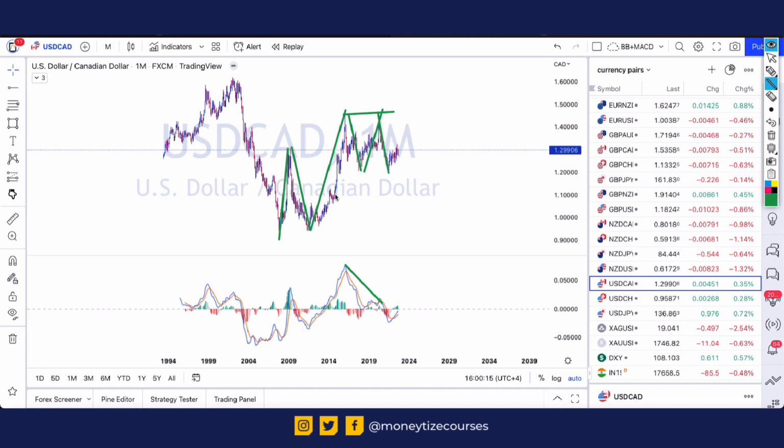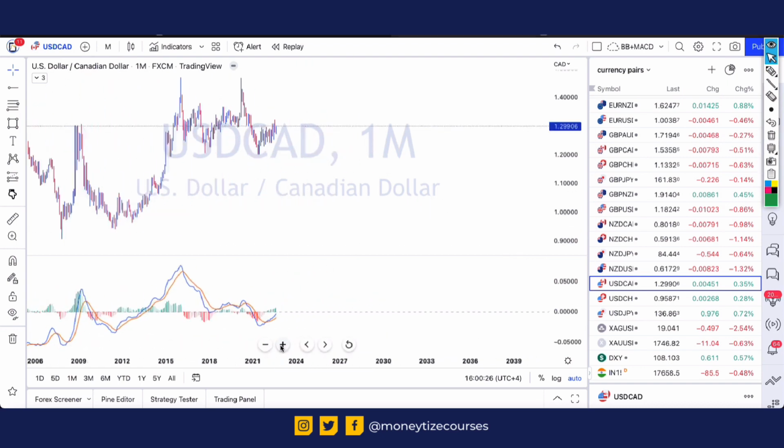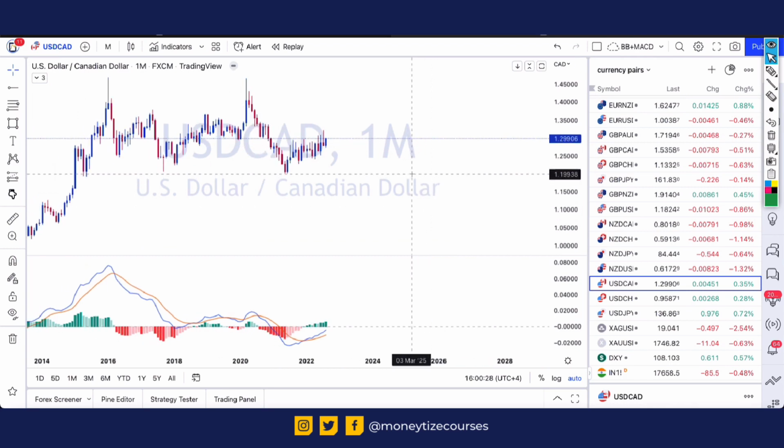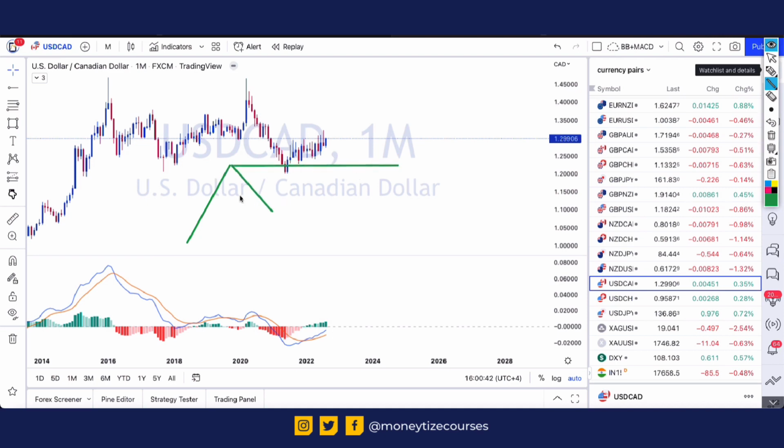the downward movement. Now it seems that it's consolidating on the monthly time frame in a sideways direction. So usually after a steep bullish move, either we get a downward correction or we get a sideways correction. So based on the given scenario, it seems it's going for a sideways correction, and I'm going to mark the important levels,